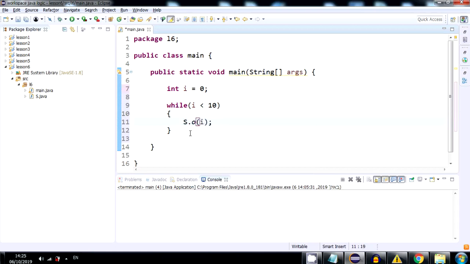But this loop will run forever because i doesn't change, it stays 0. So it goes here: is i less than 10? Yes, so do this. And then it does this again and again. We can fix this simply by writing i plus plus. What this will do is, every time the loop runs, i will be